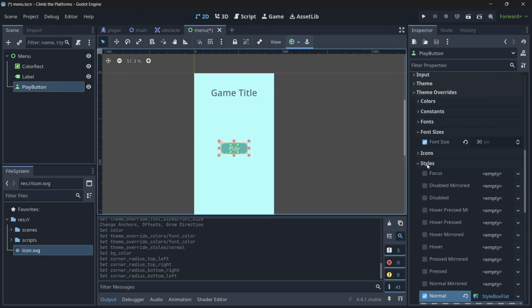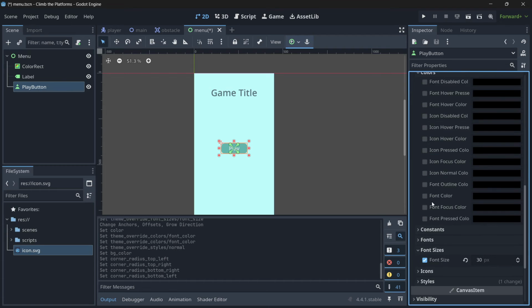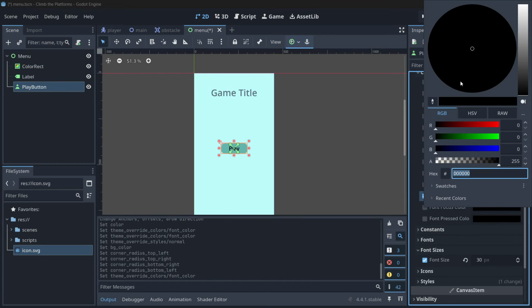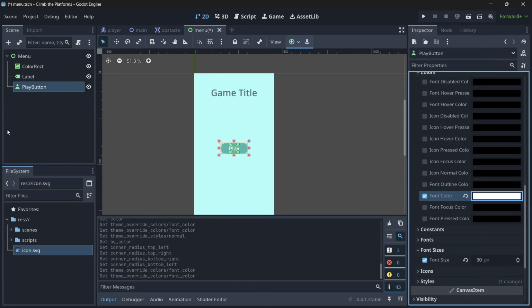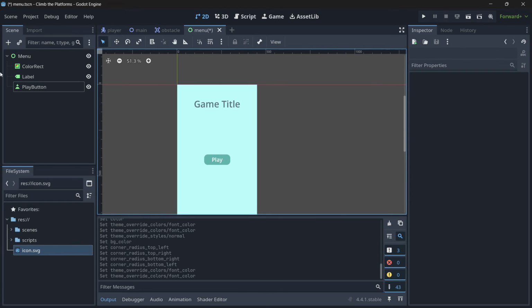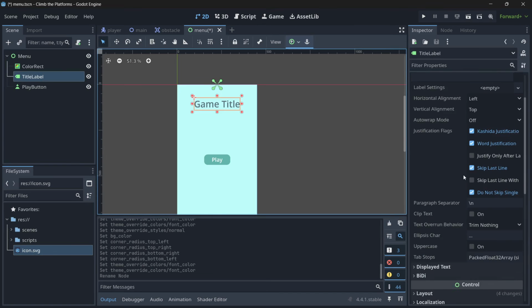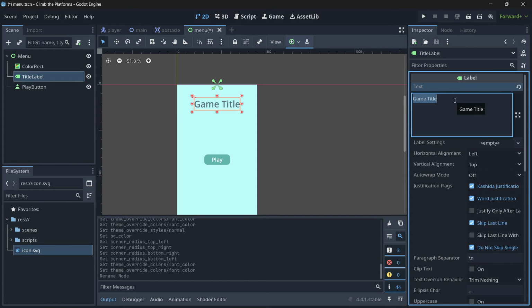Some other stuff that you can do, for the font color, let's modify it and let's make it directly white. In this case, there we go, it looks amazing. Let's also change the title label. So let's actually call it title label. And let's call it, in this case, climb